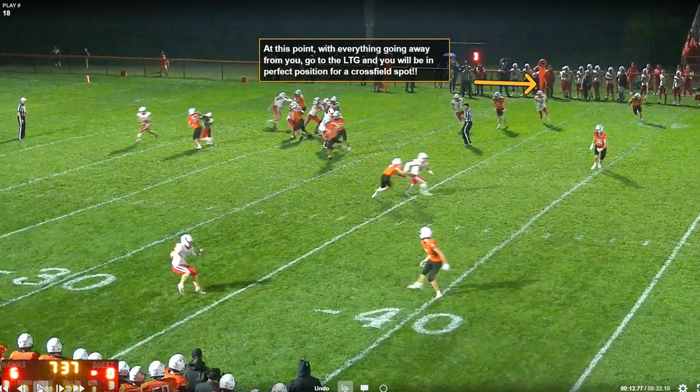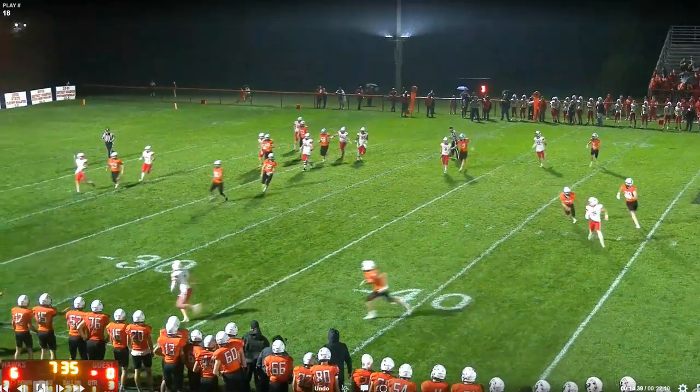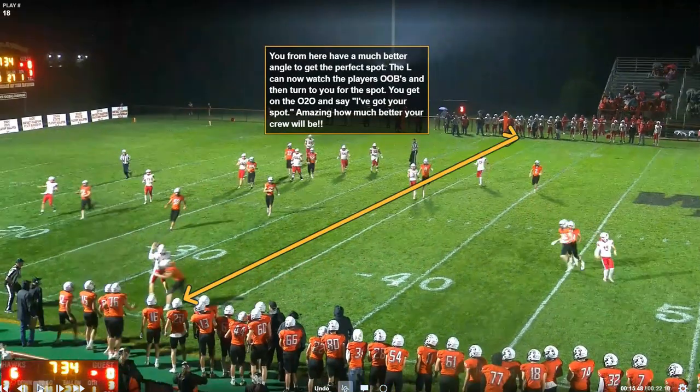They're going to run that out route to 5 yards. So 5-6 yards. So if you release at this point, you're going to be in perfect position to see this, and you're looking right across, and where this ball is first touched by this receiver and then contacted is right about the 33-yard line, which would be 1 yard past the line to gain. So like I said, you have a much better angle to get that spot from the cross field,